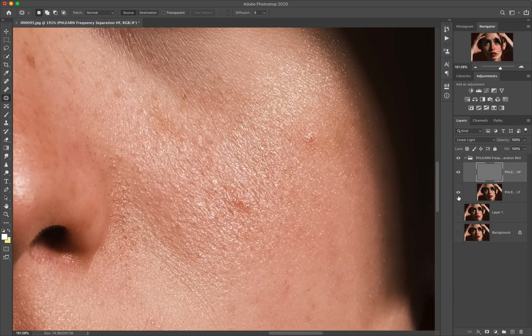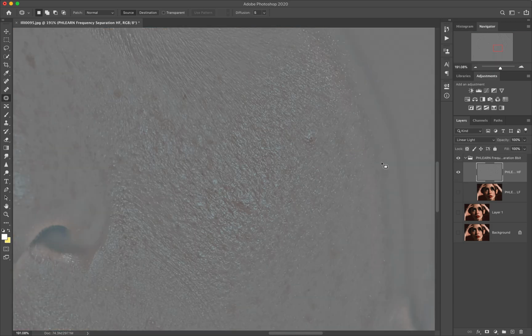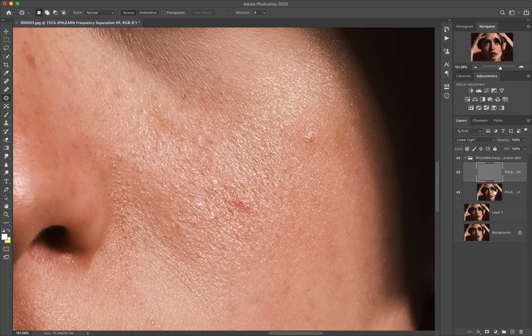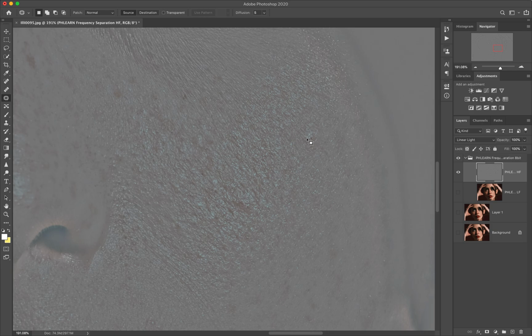Okay, so what do we do here? Great question. On high frequency, you don't have to turn one on and off. You can edit these independent of each other, but you just have to make sure you're on the right layer when you edit. To be helpful, sometimes I will work on this scale. So I'm going to use the clone stamp. Well, I'll use the healing brush here. I will use